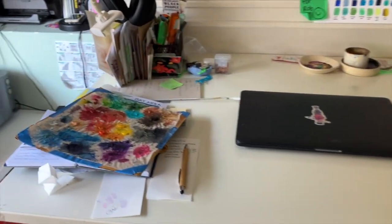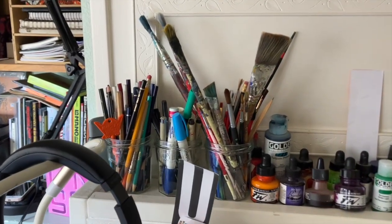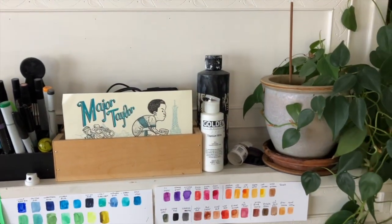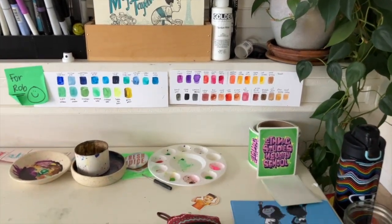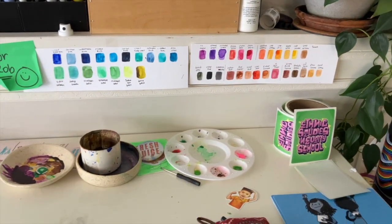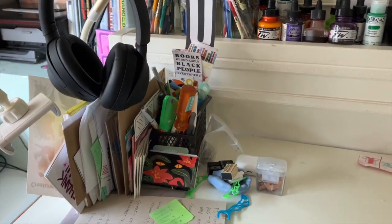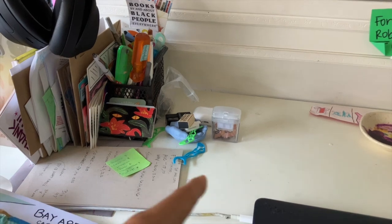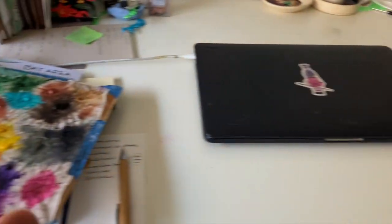This is where I have my drawing supplies, my pencils and my brushes and inks and markers, and a lot of little things here. I cleaned it up a little bit, but this is what it looks like on a day-to-day. Sometimes I have stickers that I'm getting ready to ship, my little palettes that I use for mixing inks, bookmarks, my headphones to listen for when my wife is in a meeting or I'm in a meeting. I have a pencil sharpener here. I usually have my palette or some type of books, my laptop,